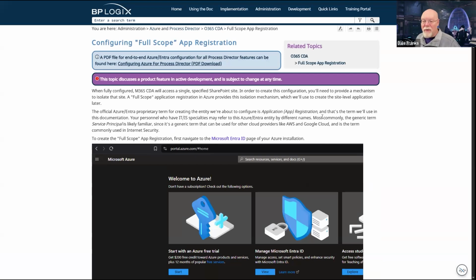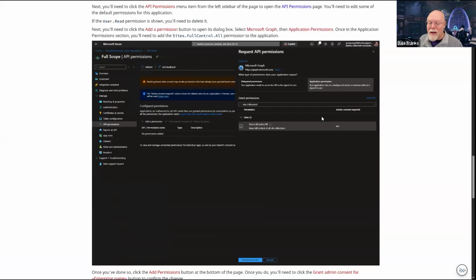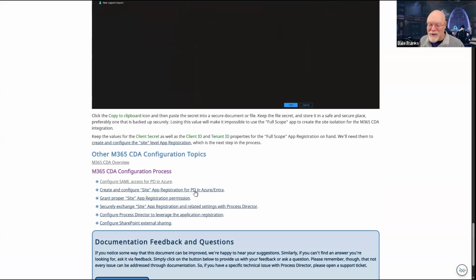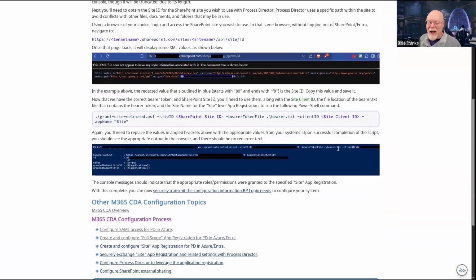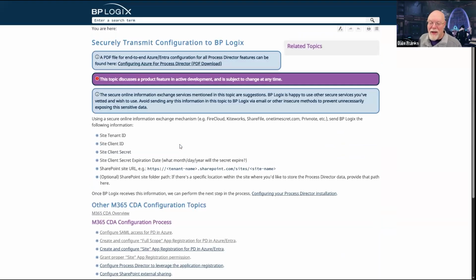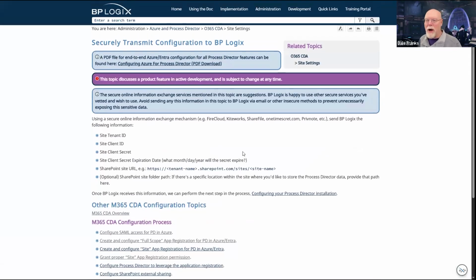There's a full scope app that you have to create in Entra as well. I know all these screenshots look very similar, but that's because they're all in Azure. Similarly, we have to create an Azure site, which is all kind of technical. And you have to be able to get that site information to us because there are some changes that we have to make in Process Director.